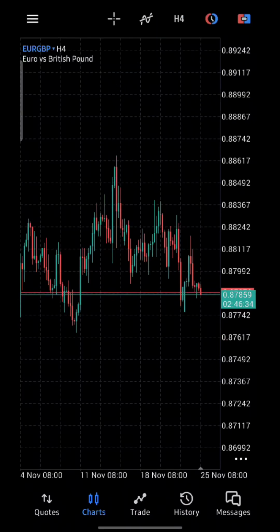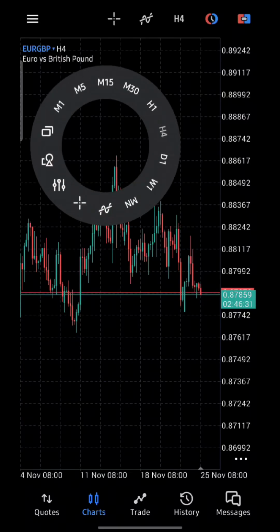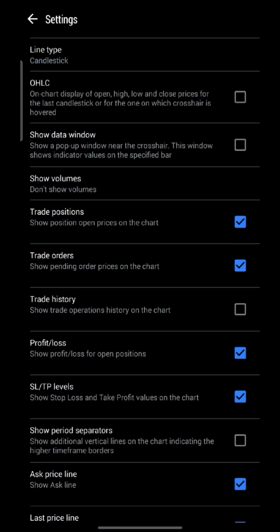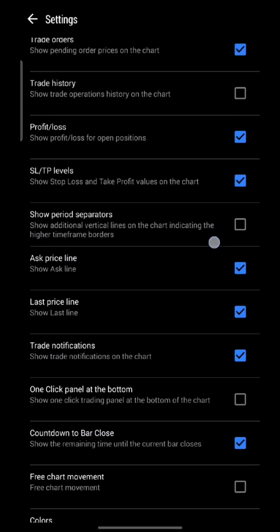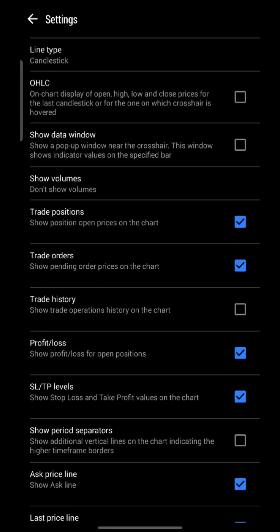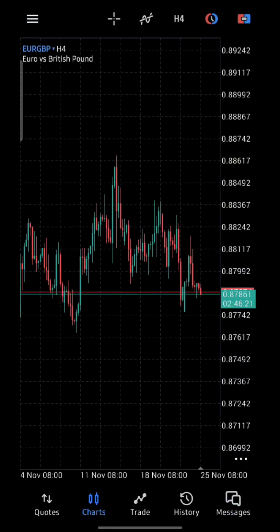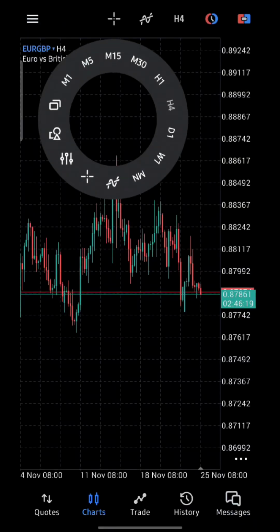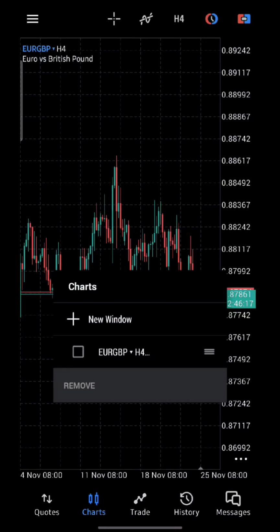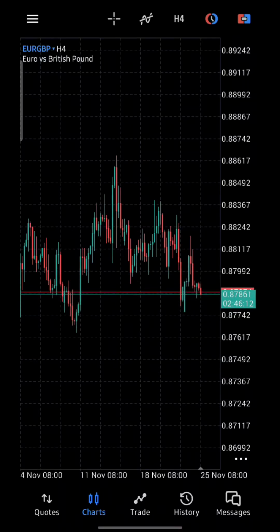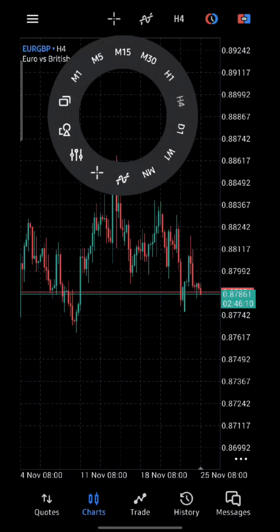All right, the alternative to do that is to tap anywhere on the screen. You're going to find the time frames, and most importantly, you can also find your settings right there. You can put all the settings you want here. Explore this and you'll find more insight in that. Tap on it again, you're going to see how you can remove this from your chart, but that's not the bone of contention, because we are here not to remove, but just showing you how to navigate through the